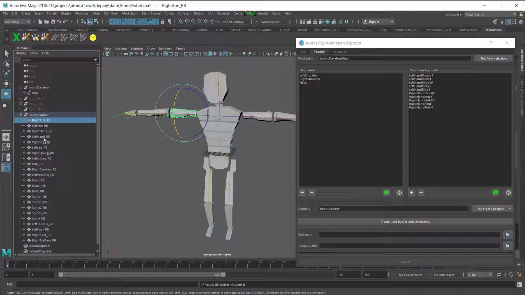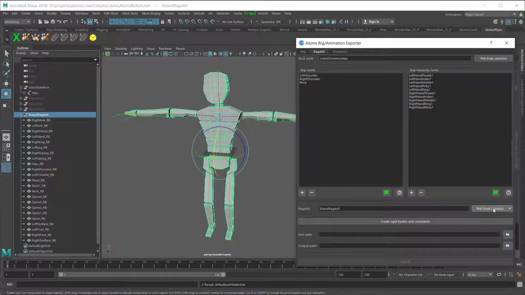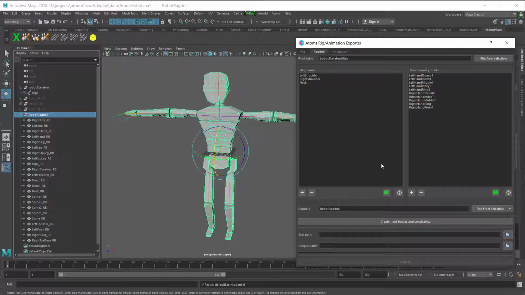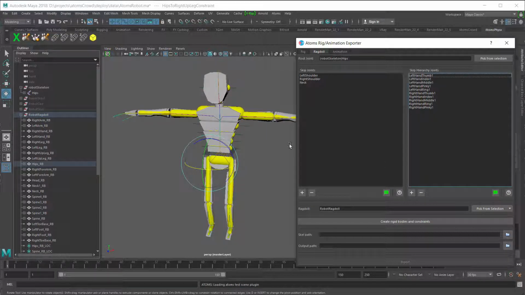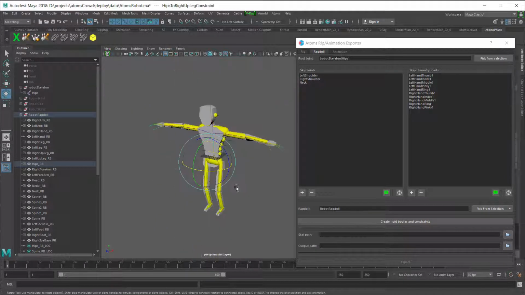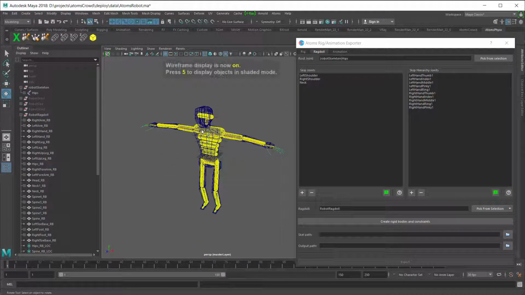So if you then select your group here and pick from selection here and create rigid body, it automatically creates the capsule for every rigid body here, and we automatically orient. Obviously we need to fix a bit the orientation of some rigid bodies and the scale of some others. If you don't have this